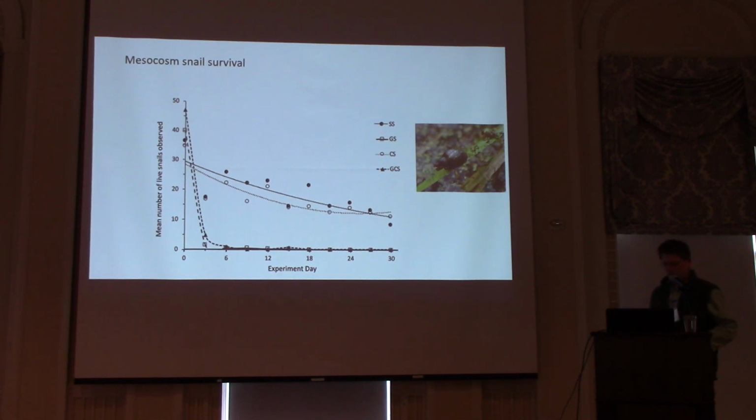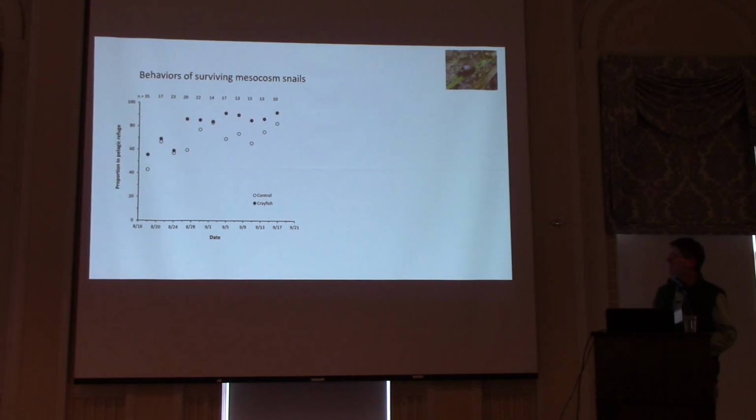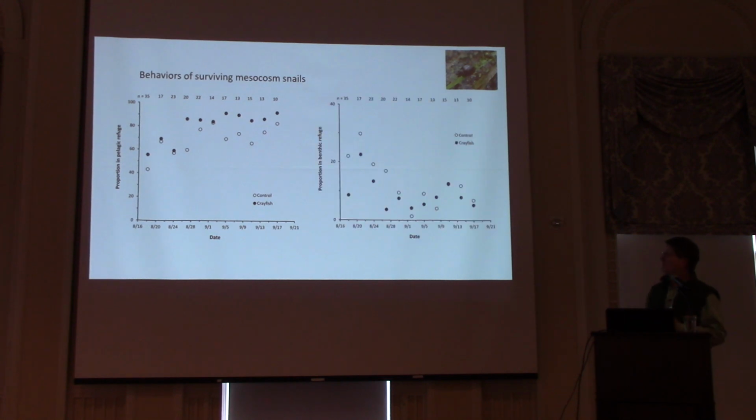And then the responses, where snails did survive, happened to be only those treatments where crayfish were present. And when we look at these specific behaviors relative to the crayfish, the crawl-out or seek-refuge behaviors, what it really looks like in this case is that the snails are doing exactly what the control snails did. Right? The number of snails in control treatments that are up in our pelagic response behavior is equal to the number of snails responding when crayfish are present. So similar to the lab trials, it appears as though they aren't really recognizing the crayfish as significant predators.